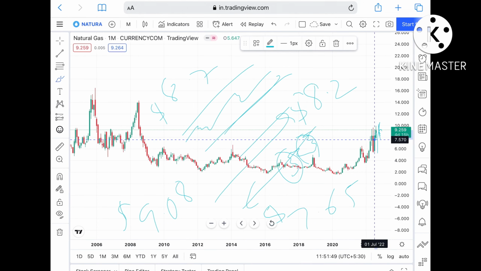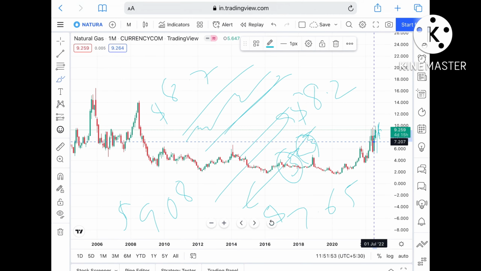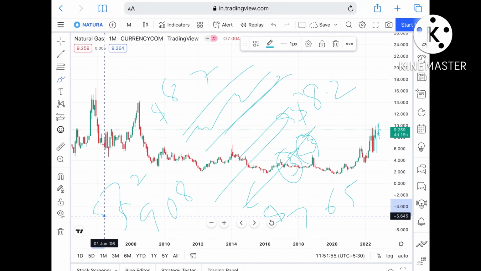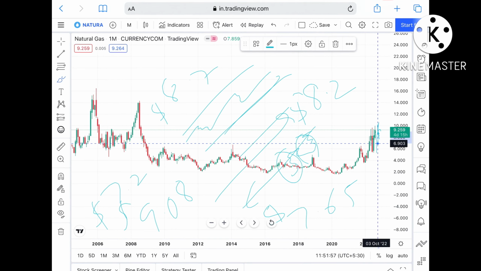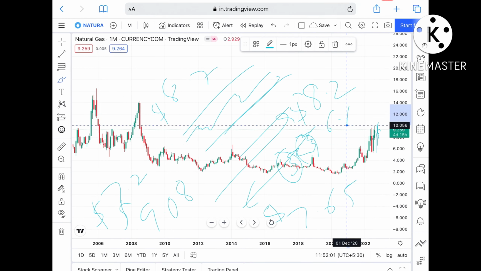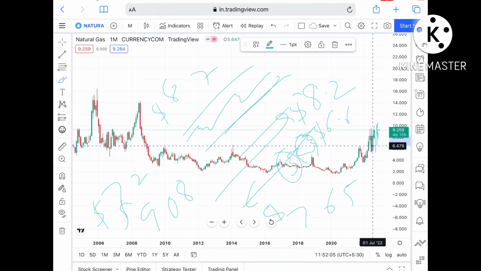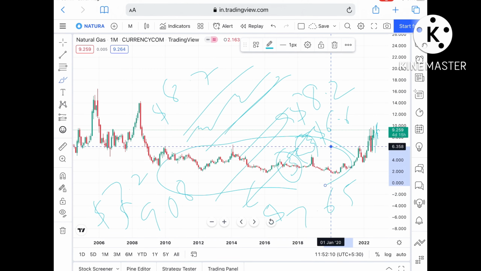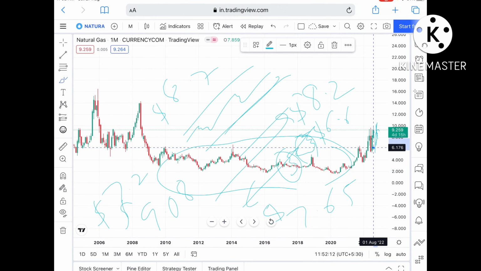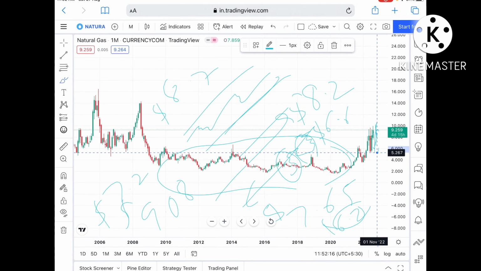$7.65. Okay, so suppose the price falls below this particular level, then there is a higher probability we can see a level of $7.2, and suppose the price didn't sustain that level also, then we can see it go further down towards a level of $6.6. Okay, so suppose the price didn't sustain that level also, then we can see it come down again, and in this particular zone we can see natural gas come. Okay, so it can fall to a level of $6.2, and from there it can come down again to a level of